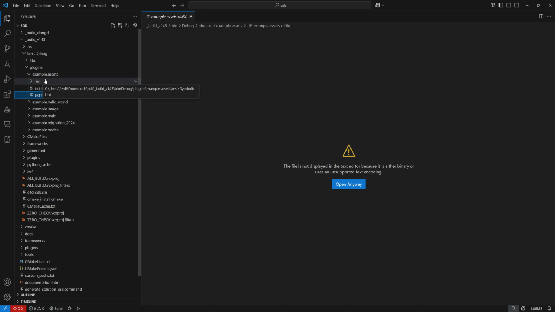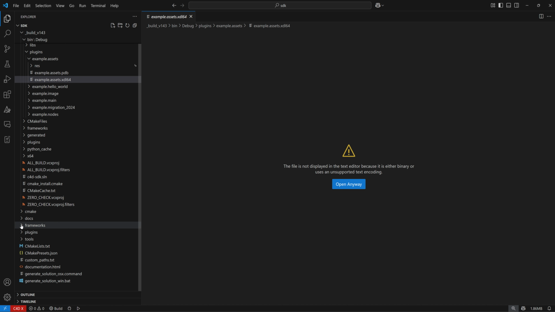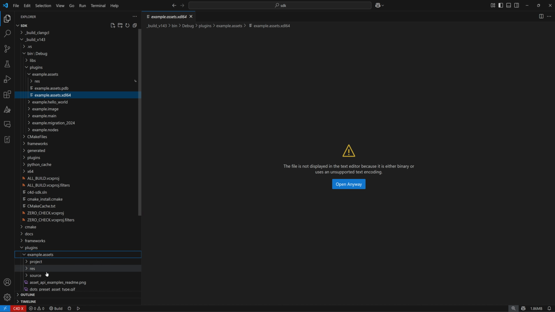What we also see here is the res folder, or resource folder, and I think, does it show you? Yeah, okay, it shows you the thing is actually a symbolic link. This is as indicated here by this arrow. And this example assets res folder points to the example assets res folder, which is to be seen here. So again, the actual content is kept at the top level, and the build system just contains the generated files, and